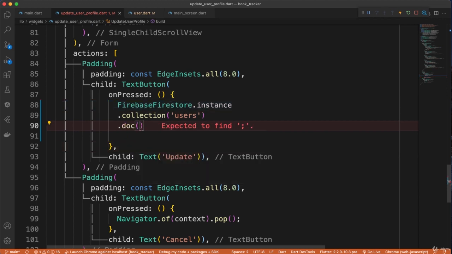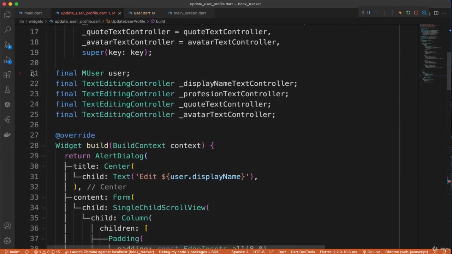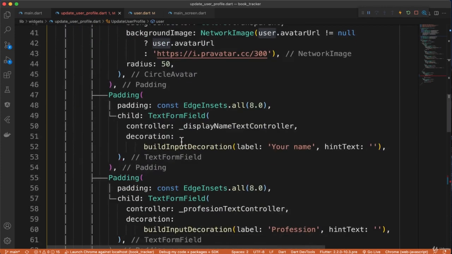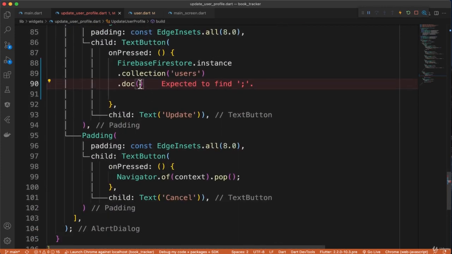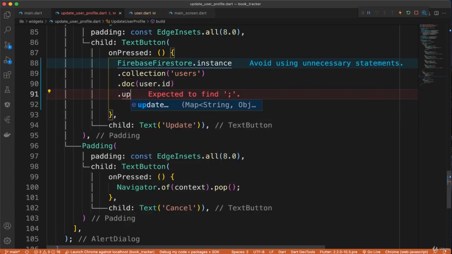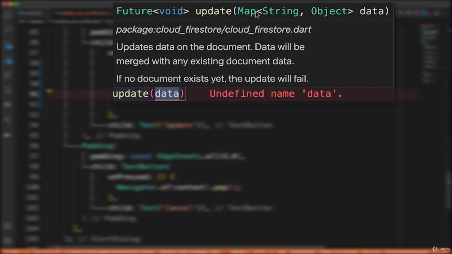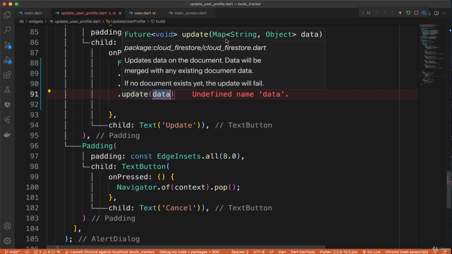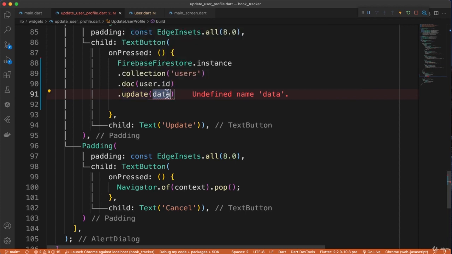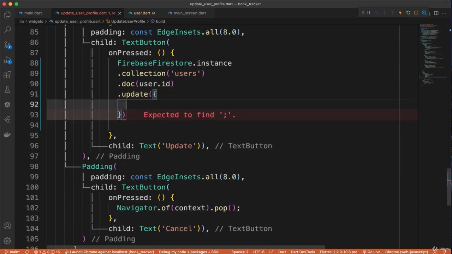So how do we get the user ID? Well, we already have our object user, right? This one here, it's going to be passed through this class. So we can just use that by saying user dot. I'm going to pass the ID as such. And then we go ahead and invoke the update method like that. And you can see if you hover over the update method, it says here that it needs a map type because that is the type that is used in the backend of Cloud Firestore to save the information. So for us, we could go ahead and just create a map as such, but we know better